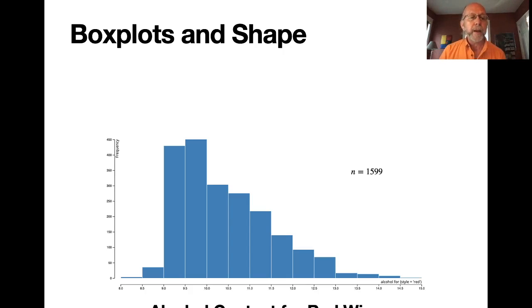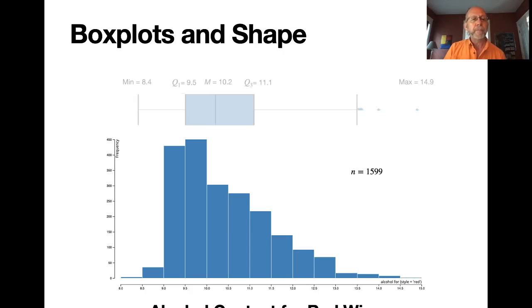Here's a histogram of the alcohol content for various vintages of red wine. Actually, this is California red wine. And they looked at 1,599 different bottles of wine here, all different vintages. And so there you have a histogram of the alcohol content. You can see it ranges from a low of somewhere around 8% up to a high of, looks like somewhere between 14.5% and 15%. And I'm just going to draw the box plot for this data on the same scales